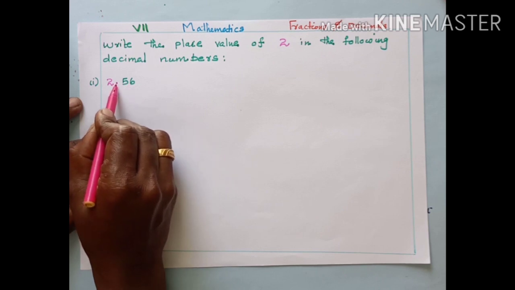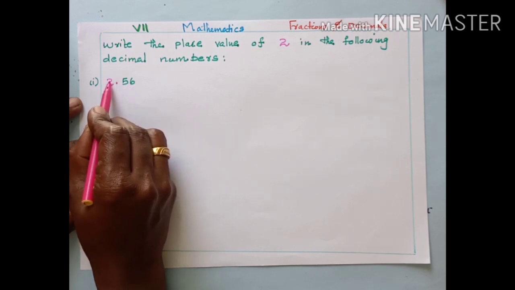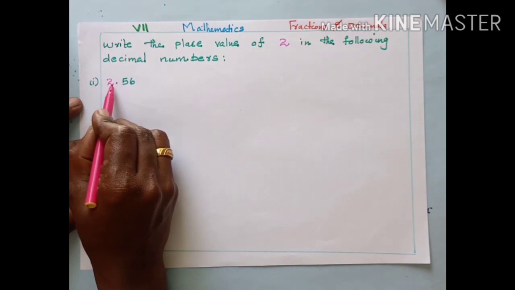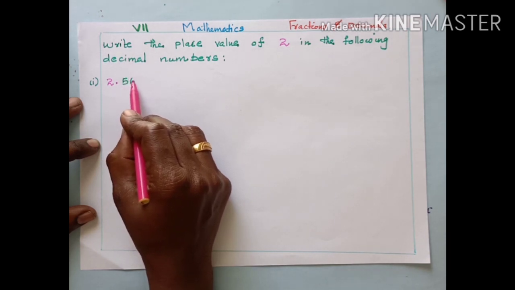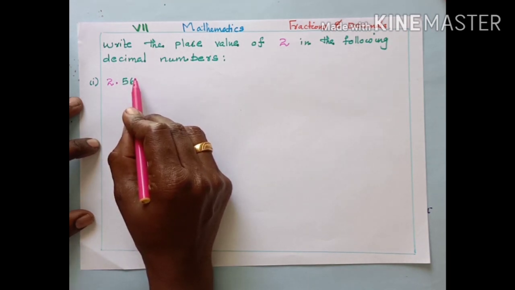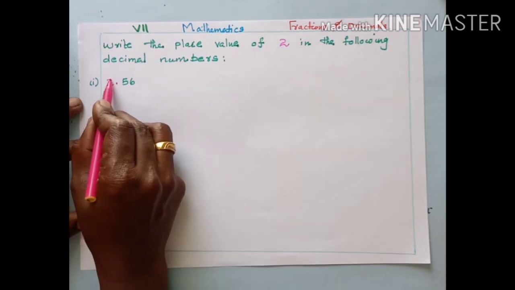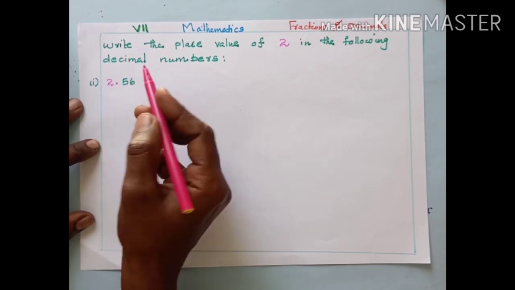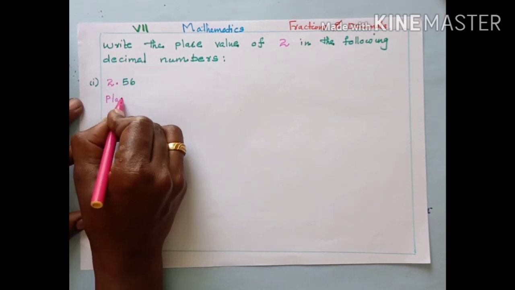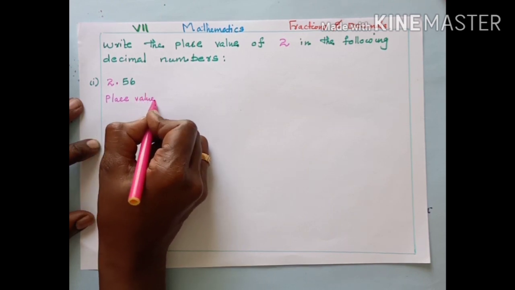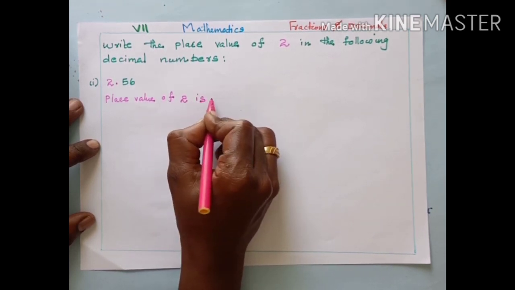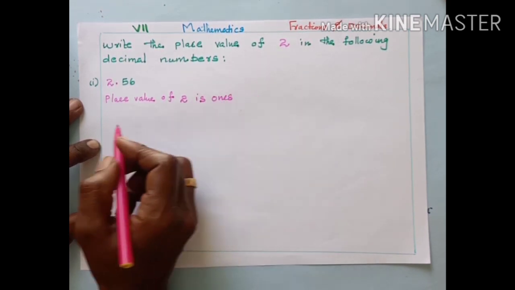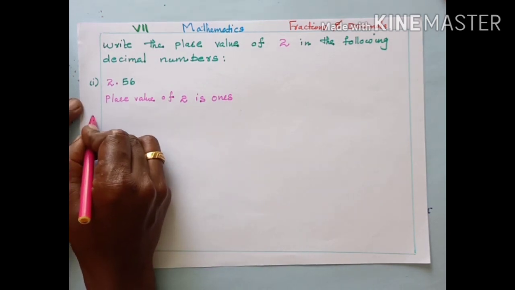2.56. See, before the decimal point, this 2 is the whole number part. After the decimal point, after 5, 6 is the decimal part or fraction part. So, this is a whole number, that means this is in ones place. So, the place value of 2 is ones. Okay, then second question,